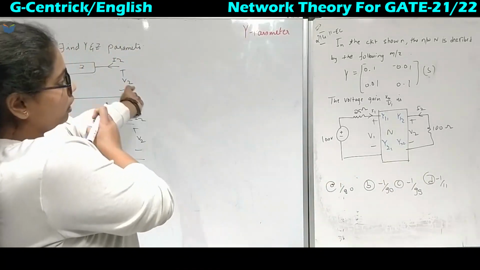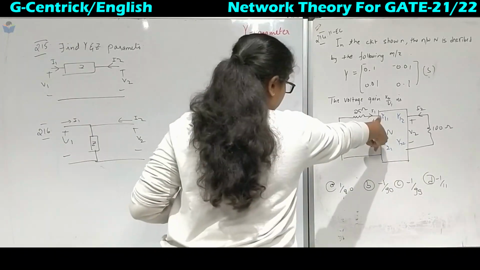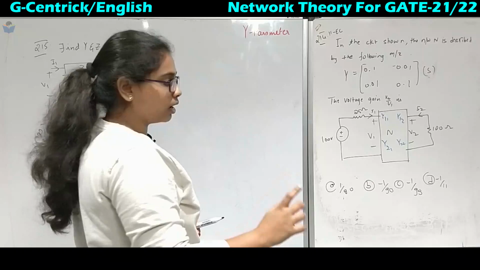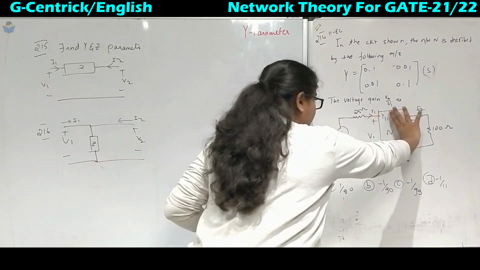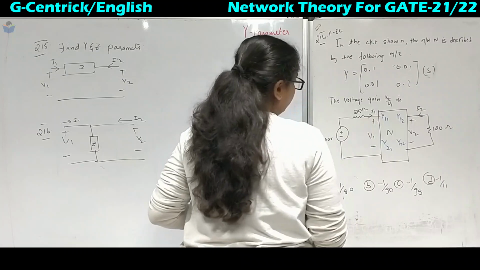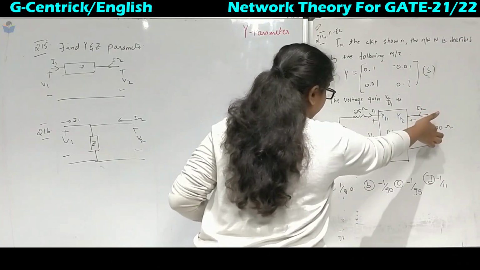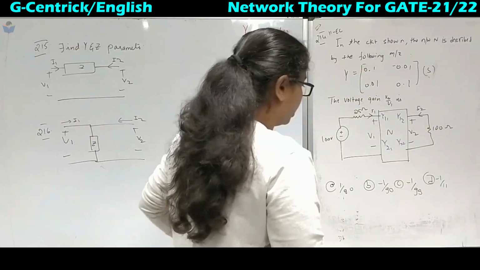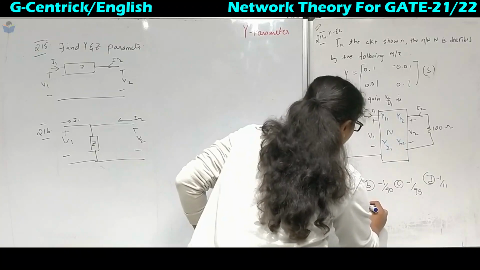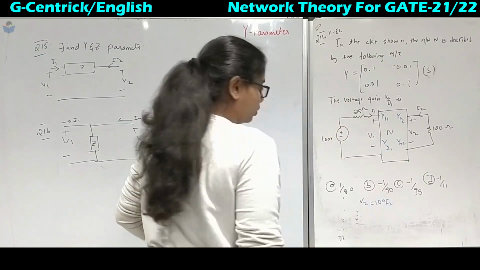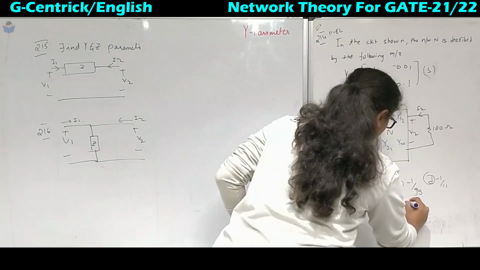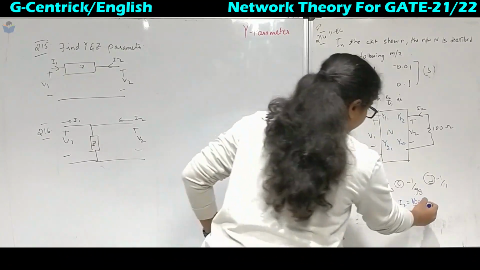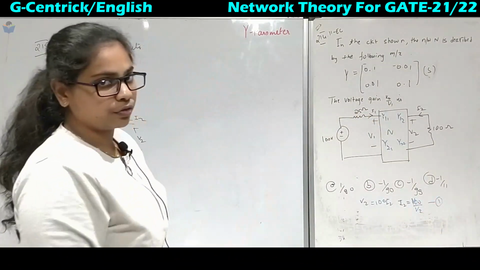Now how do we calculate this? One more thing: this V1 will not be equal to the source voltage because there is a voltage drop in between. In our two port networks, we will always have V1 attached to this port and I1 flowing from here. Similarly, this is V2 with this 100 ohm. Here we get one more equation, that V2 is equal to 100 times I2. So I2 is equal to V2 divided by 100. We will keep this as equation 1. Let's see if it's useful.